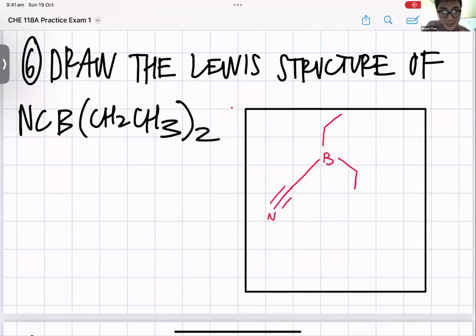Correct. You would have to actually draw out all the invisible hydrogens if there are any, all the invisible implied pairs of electrons, which we do see one on nitrogen, right? There's an invisible pair of electrons there as well, and each bond represents 2 electrons. For the answer key, he replaced each bond with 2 electrons. And you would have to draw out the carbons as well. Each point in the bond line structure represents a carbon, so you would have to write out a C for the Lewis structure as well.